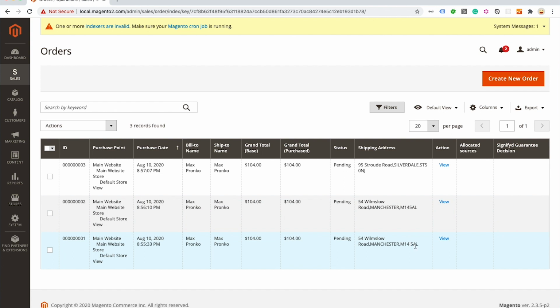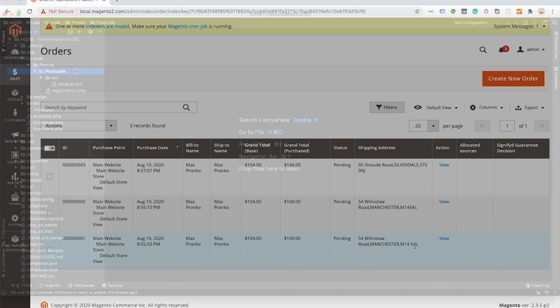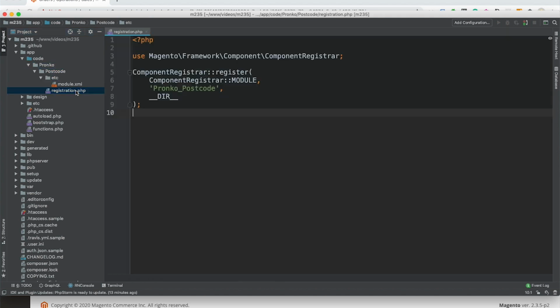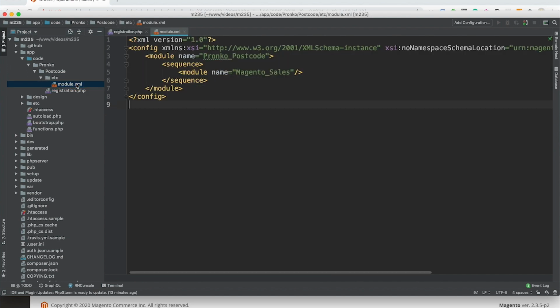And I would like to show you how to do this within a Magento 2 extension. I already created a simple module under the app code Pronco Postcode directory, and I added two files, registration.php and module.xml. The module XML file has a sequence module from Magento Sales.